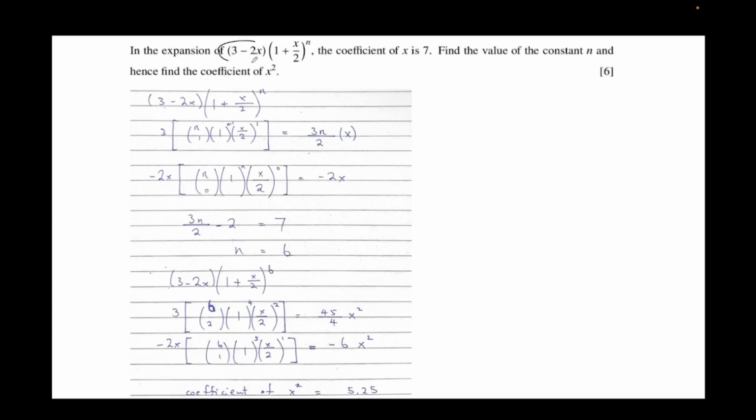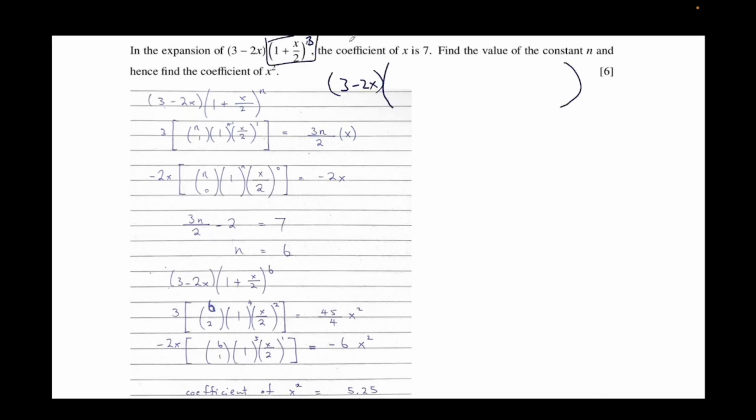If you have 3 minus 2x, what we're doing right now is we're explaining to you what even happens over here. You have to understand that if you have 3 minus 2x times anything to the power of, let's just say hypothetically, we're not saying n is 3, but if n were 3, understand what happens over here, it's going to be 3 multiplied with everything over here. So if we were to write this out,